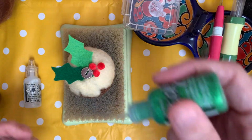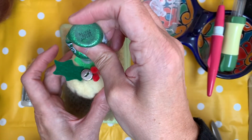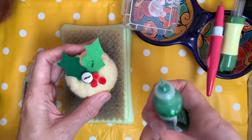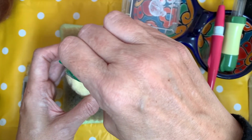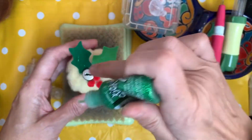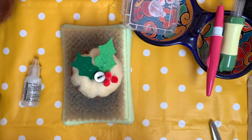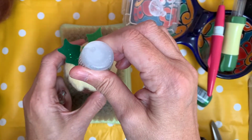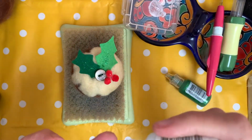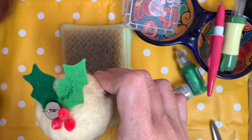I'm just going to literally, hopefully this works without me having to poke it with a needle. Sometimes if the top gets stuck up, you have to stick a needle down it. So I'm just going to put a little bit of glitz on my leaves. You can do it in a pattern if you want to. I just like to maneuver it around with my finger a bit like that, and then just a tad on the berries just to sprinkle them off a bit. So it looks like they've been out in the snow. Who'd want their Christmas pudding out in the snow? I don't know, but you know. So I might just put some on my finger and smear it on because I'm messy that way. So a little touch of that onto the top of my berries,